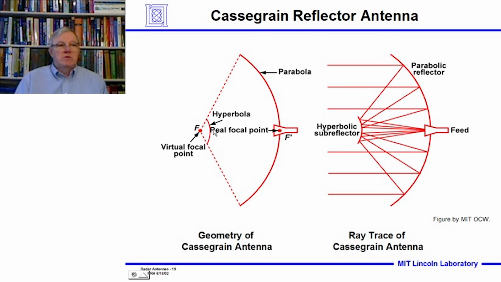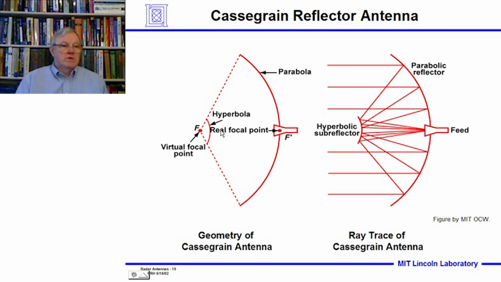But anyway, what you do is you have your parabola, and here's where we put the feed if we were going to use a parabolic feed. But if we put a hyperbola, which is another geometric shape, relative to this focal point,